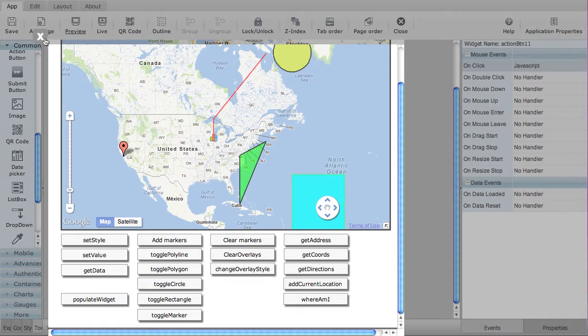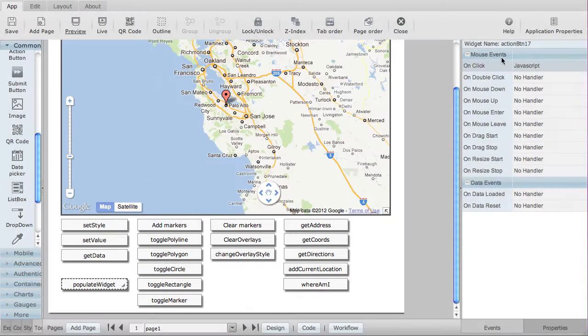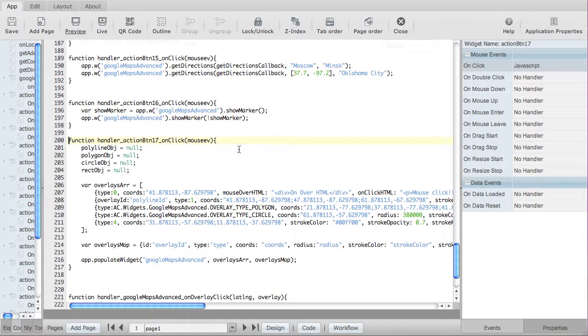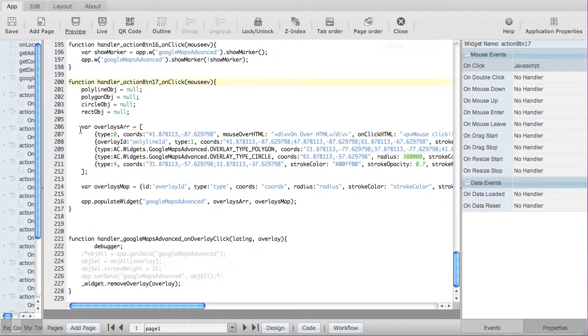Now let's go and look at the code for that. And here we can see how that's done. So the first thing is we've hard-coded here an overlays array. Typically you would get this data back using something like HTTP request. So you'll be getting your data back, however, in an array. Now the array can be an array of complex objects. You don't have to have a specific object structure. As long as all of the individual elements in the array are the same or use the same keys, then